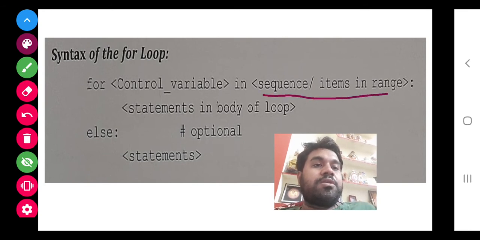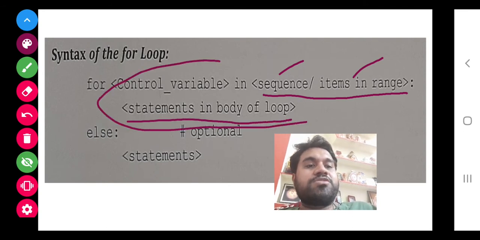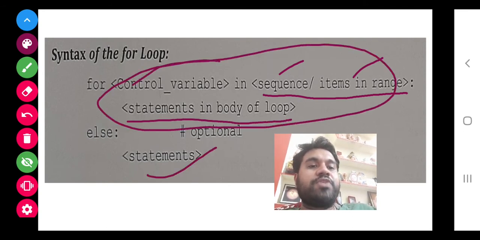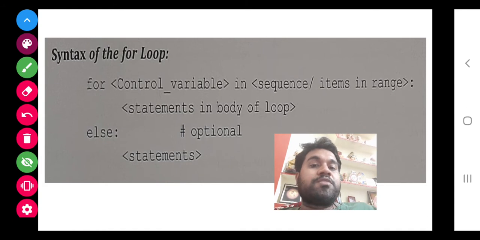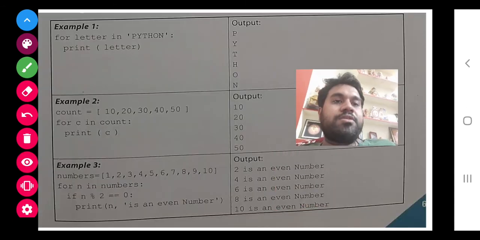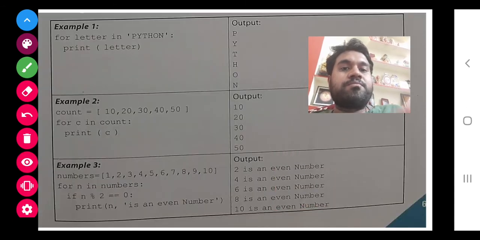Here there will be a sequence or a range. What does it mean? You will come to know later. And related statements, and if all these conditions fail, we should have the else statement also. So class, let's proceed. Here you can see, I have told you this in class 10th also. Here you can see this Python.